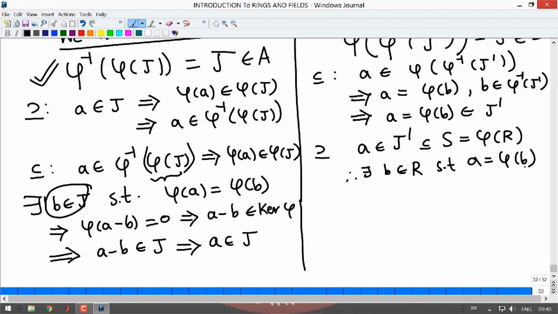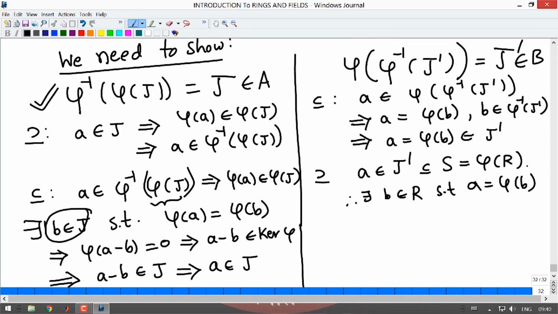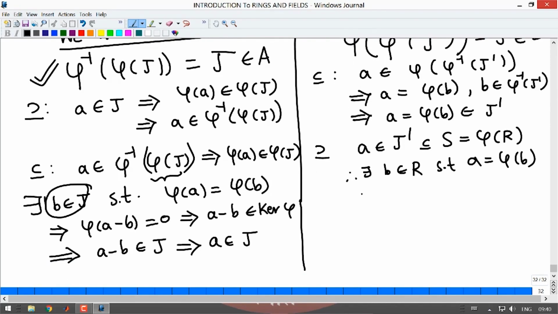By definition A is in the image means A is equal to phi of some element. So, B is in phi inverse J prime, right, because phi of B is in J prime,